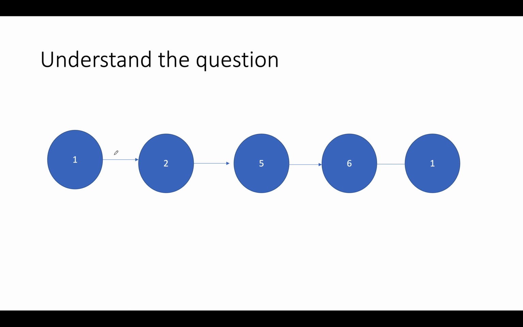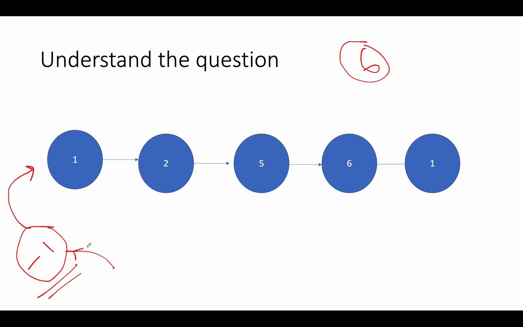Let's hypothetically assume that this is the input linked list that is given to us: 1, 2, 5, 6, 1, and we are interested in removing all those nodes that hold a value 6. So how are we going to do this? The first and foremost step of every linked list problem is to create a dummy node in front of the head pointer. So we'll create a dummy node with value -1 and attach it to the head of the linked list. The updated linked list will have the head as -1.